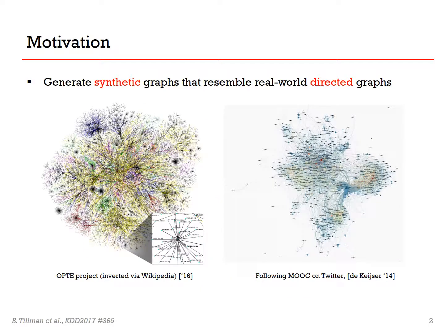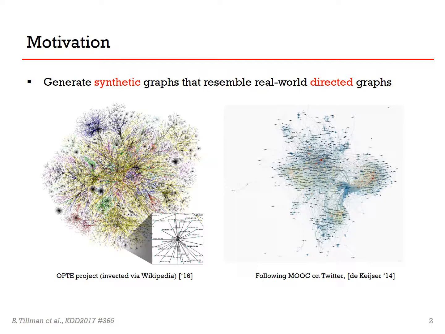Our motivation is that we study graphs in many contexts and we'd like to generate synthetic graphs that look like real-world graphs. This is useful to run simulations and to test new algorithms on different realizations of these graphs. In this particular case, we focus on directed graphs and how to generate synthetic graphs with exactly matching certain properties